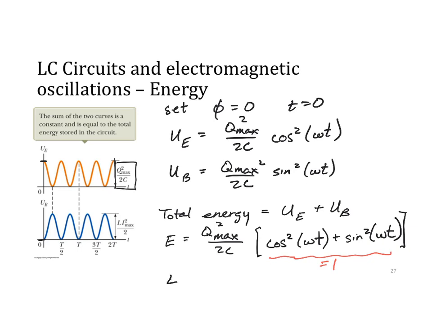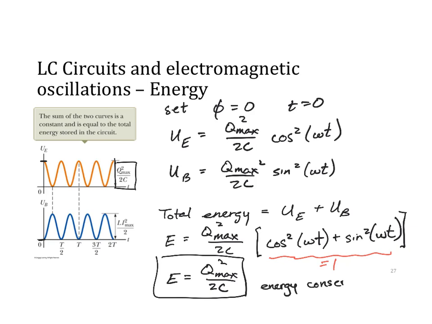So our total energy at any given time just equals our maximum charge squared over 2C. So that's our total energy. There is no time component in that, right? That's just a constant. So if our energy is constant, that means our energy is conserved. So that's kind of cool. So our energy just bounces back and forth between our magnetic field and our electric field when we have this ideal situation where we have no